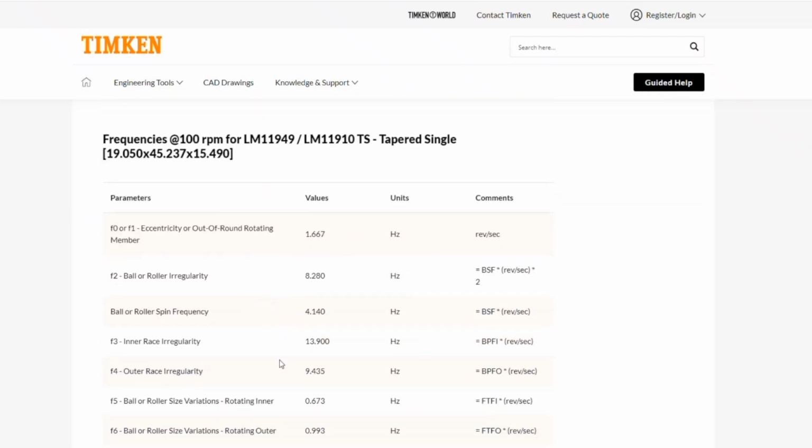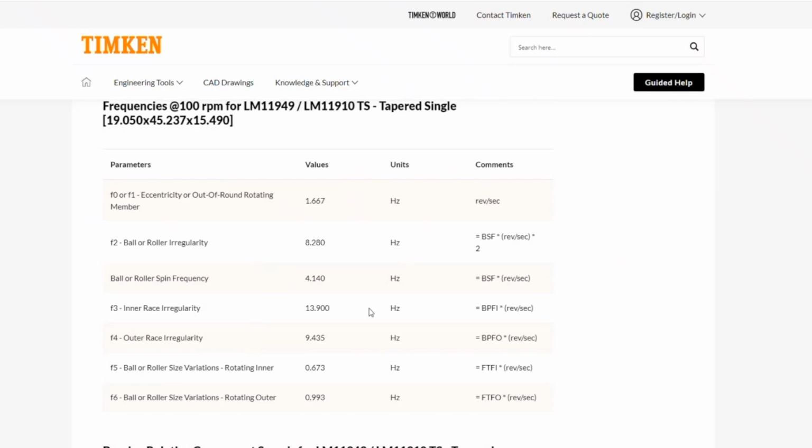Below that, the next set of results are the periodic frequencies based on rotational speed. This shows you the frequencies of eccentricity, irregularities for each bearing component, and ball or roller size variations. The comments column in this section is helpful because it describes how each of these frequencies is calculated using the